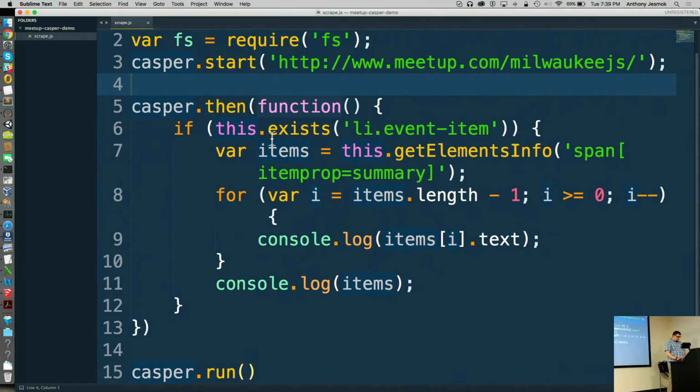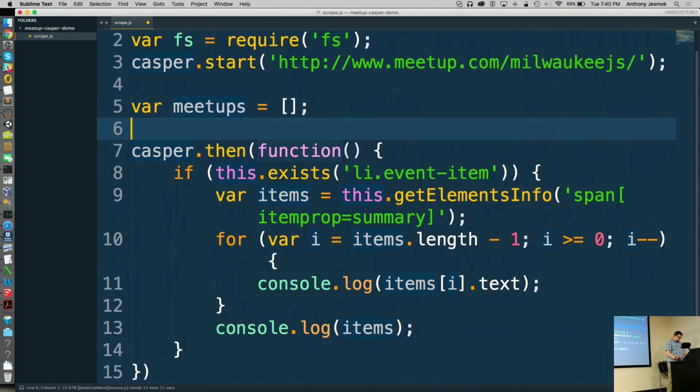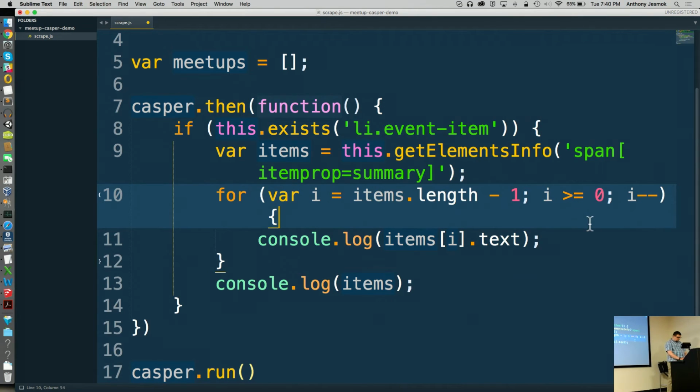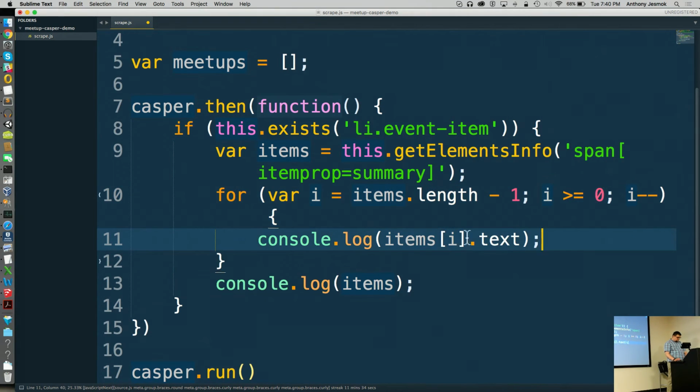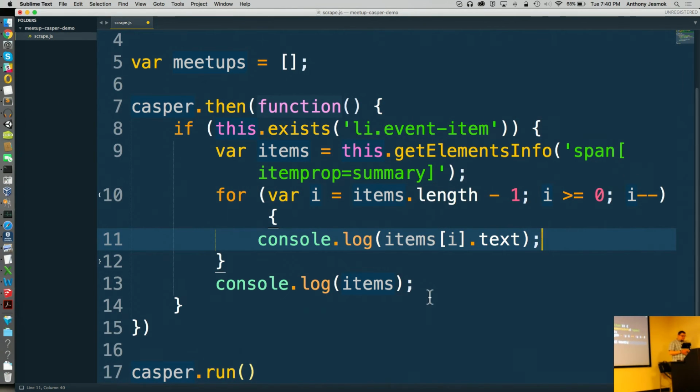What I'm actually going to start doing is creating an array of JSON objects, and I'm going to call them meetups. I'm going to start creating JSON objects that I will push to this array. So this means we'll get an API.